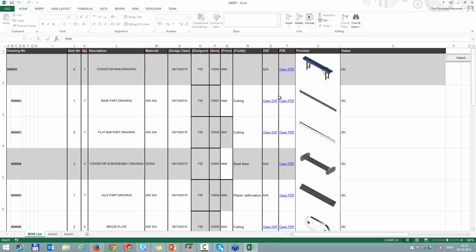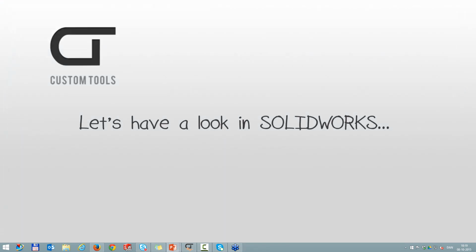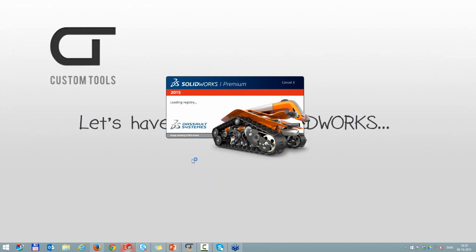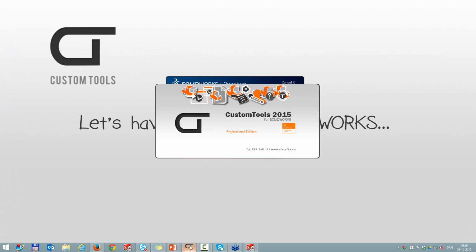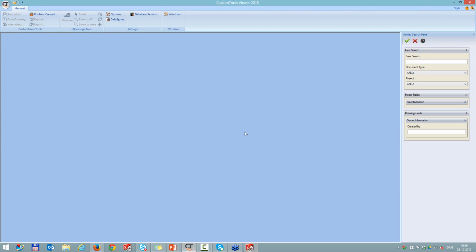So I will close that one and I can search for 9998. So I will close my Excel file. Open up SolidWorks again. Actually, let me run this from the custom tools viewer instead. A manager could have this installed on his computer. Someone not using SolidWorks at all could have the custom tools viewer installed, and then we could search for the assembly in here,